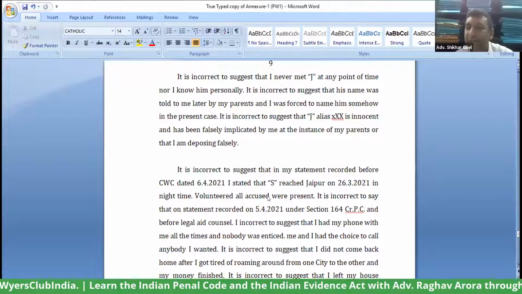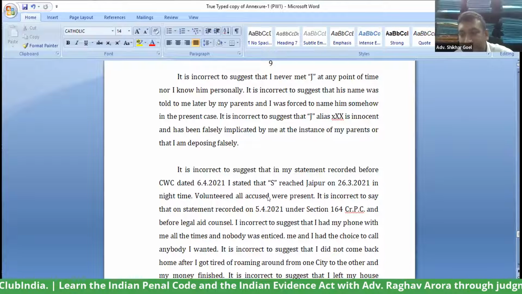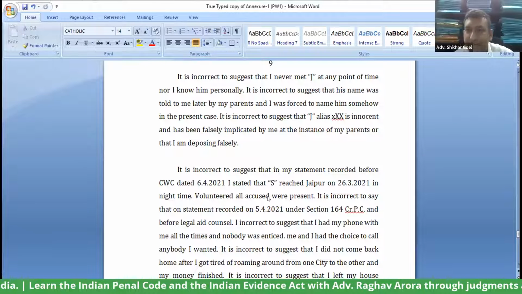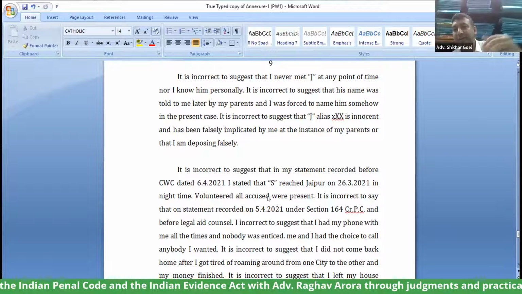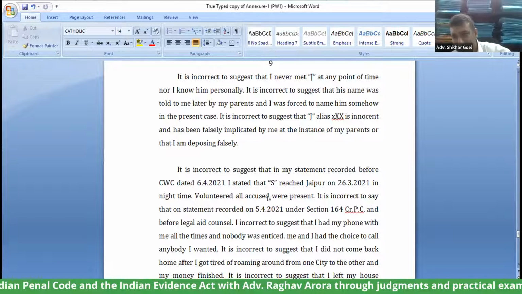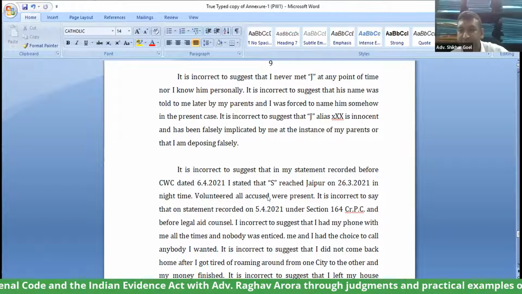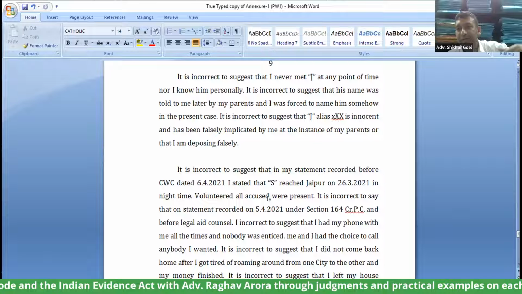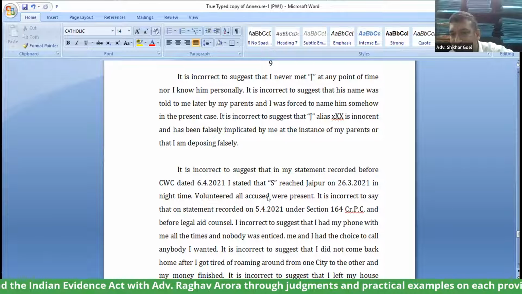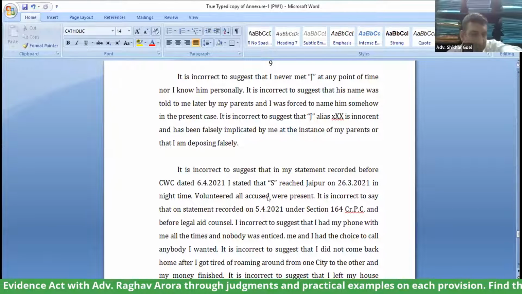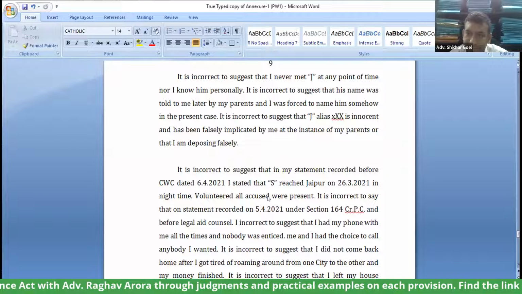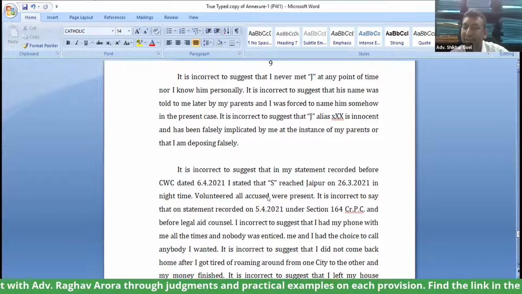You need to have a comparative chart of all the contradictory statements. You need to have comparative chart or a bundle of all the statements, previous versions. उसने किसी दूसरे कोर्ट केस में कुछ कह रखा है, उसने किसी पुलिस की कंप्लेंट में कुछ कह रखा है, उसने सोशल मीडिया पे कुछ कह रखा है, सब कुछ इकट्ठा करके जाएंगे आप, खाली हाथ नहीं जाएंगे।